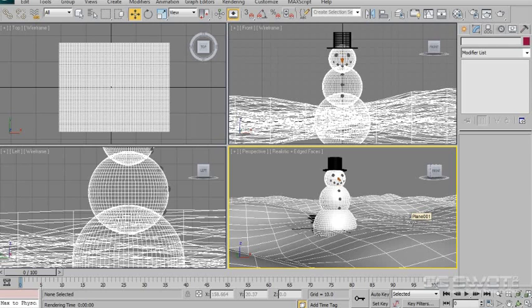So like I said before, this is a very entry-level tutorial for people that haven't played with Max much before, or for people that have but have wanted to know how to create those primitives, get used to moving things, scaling things, playing with the spinners. There's a couple of tips in there for how to center your spinners and reset them to 0, things like that. So a great little tutorial, I think, for people that are just starting out with Max,